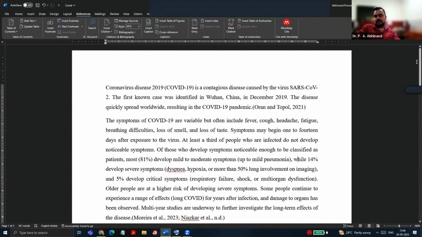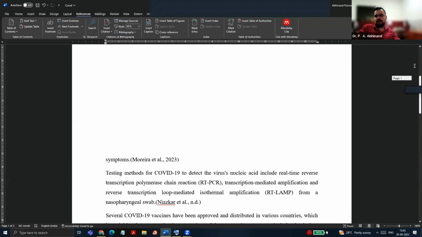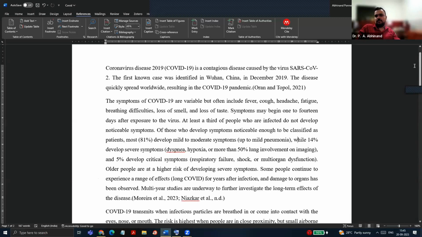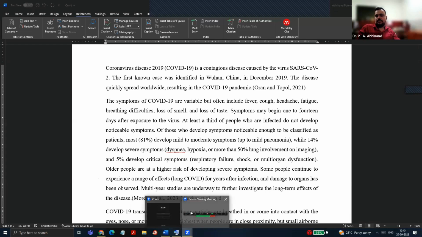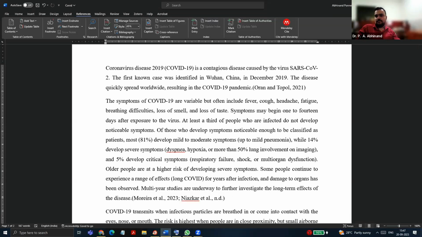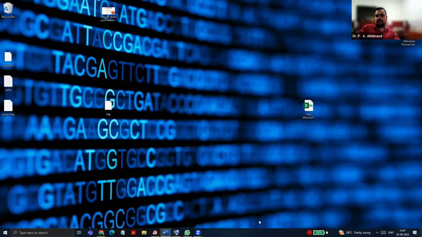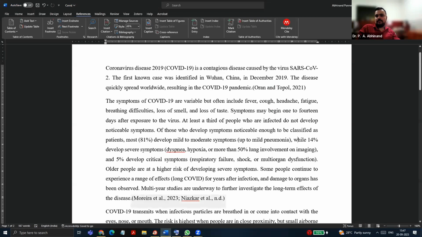The best thing about Mendeley is that it works over a cloud platform, which means that you can use Mendeley wherever you are, irrespective of which computer you're using. Just if you have an internet connection, you can access all the papers stored in your Mendeley database. So I have finished my demo of the software. If anybody wants me to repeat something or they want to explore some features, I can help them out with that.